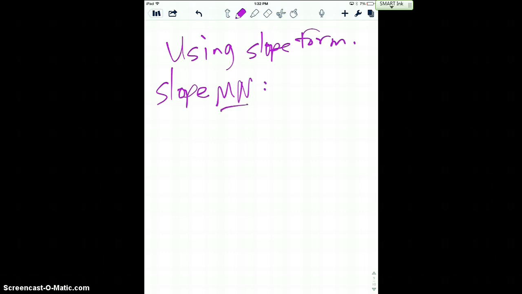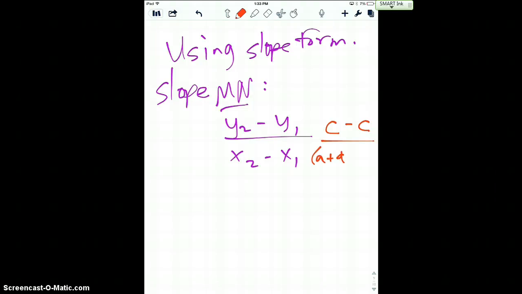Use the slope formula. y2 minus y1 over x2 minus x1. So I'm going to take my y coordinates and subtract them. So I'm at c minus c over my x coordinates, subtract them. My x coordinates, I had the quantity a plus d, and I need to subtract b. What do I get there when I simplify? 0 over a plus d minus b, which is just 0. Cha-ching! So now I need to get the other slopes and show